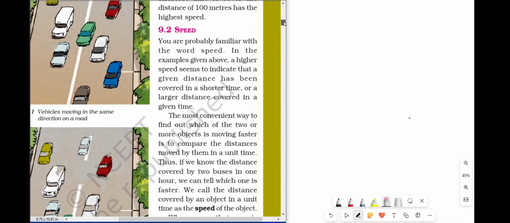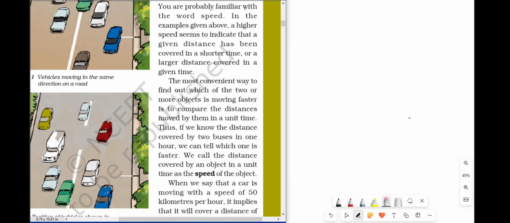So moving on to the next topic, what is speed? You are probably familiar with the word speed. आप सभी ने सुना होगा या यूज करते हैं कि फलाने चीज की स्पीड क्या है या फिर X Y Z की स्पीड क्या है. In the examples given above, a higher speed seems to indicate that a given distance has been covered in a shorter time, or a larger distance covered in a given time. So what are we talking about here? That if a vehicle has a higher speed, it is understood that वो ज़्यादा distance cover करेगा. तो किसी भी vehicle का मान लो speed ज़्यादा है,